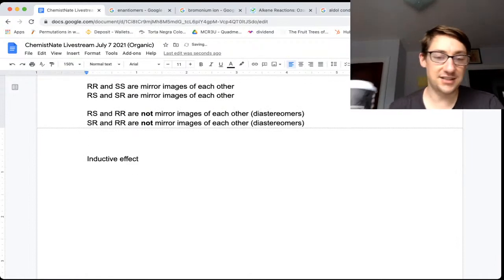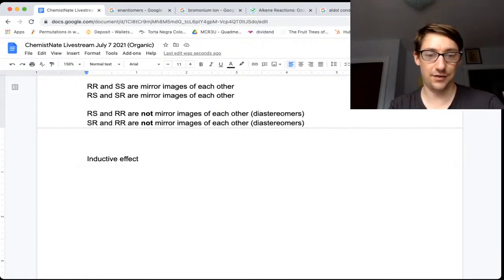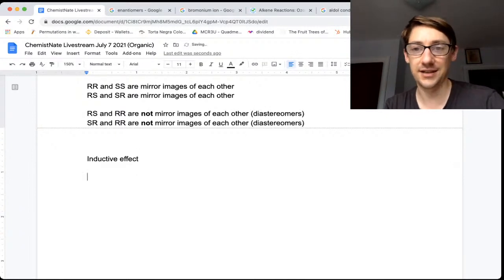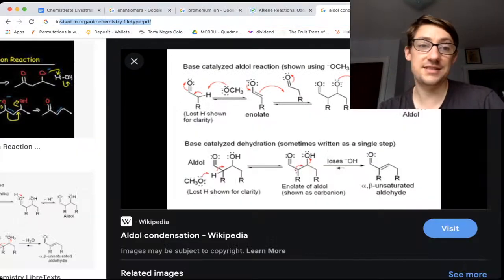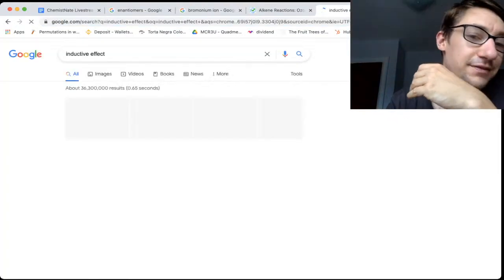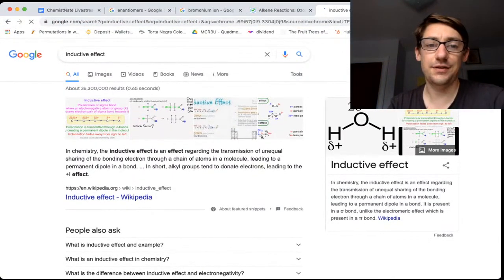Okay, last I'm going to do inductive effect. Then I'm going to go back through the chat and see if there's other topics that I've missed. This is the last one that I have written here. Now, I'm not here to lie to you. I was never good at the inductive effect. I vaguely remember it. The inductive effect,